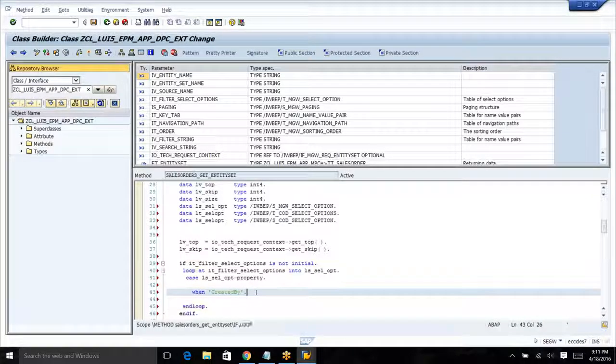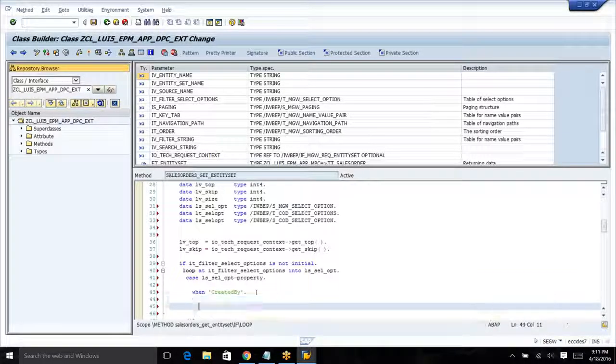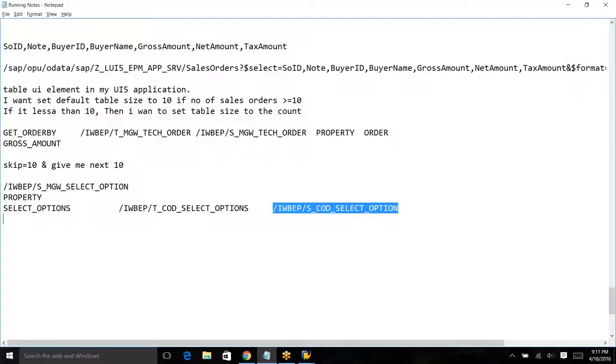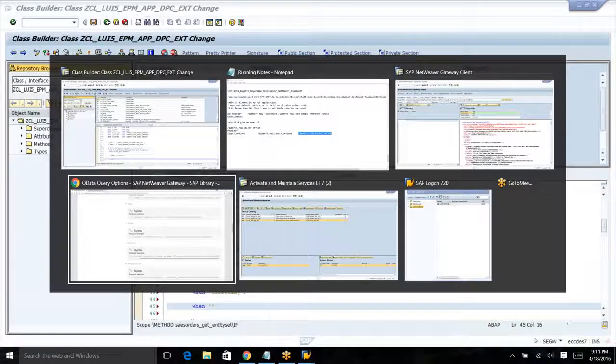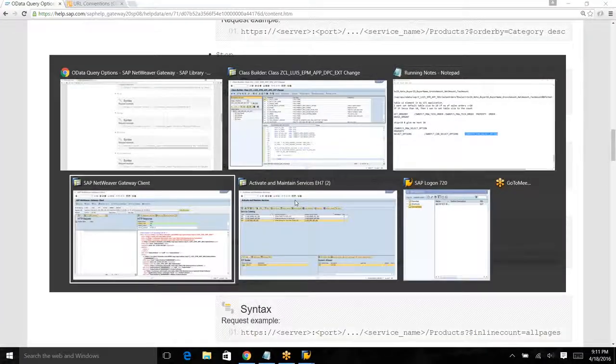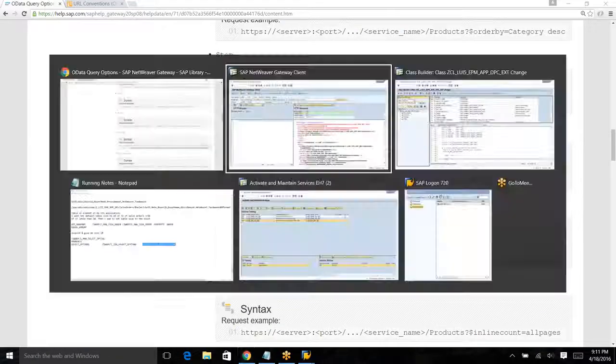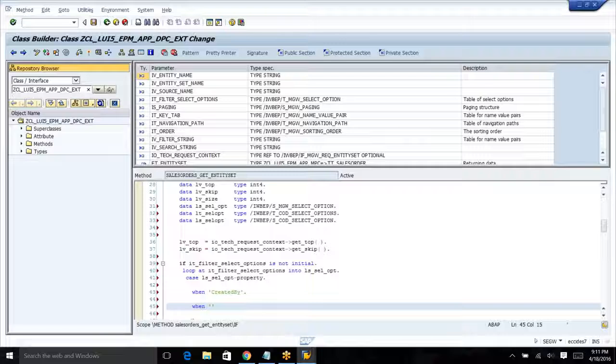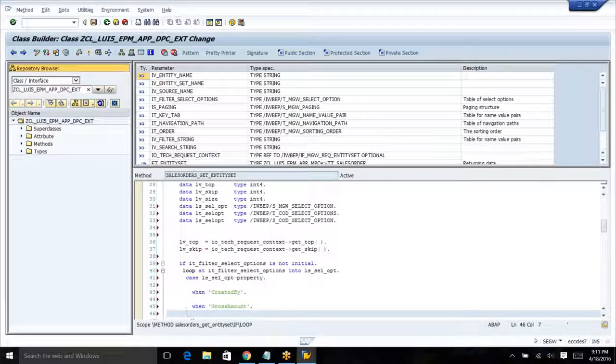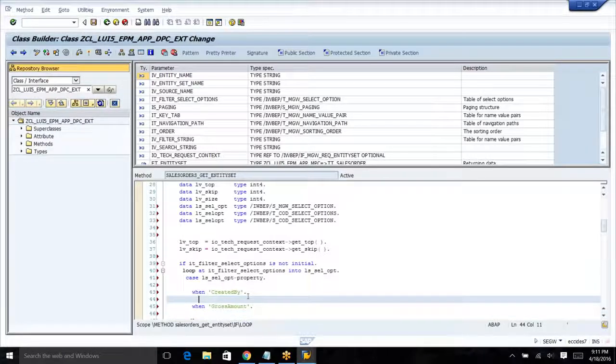Okay, when created by, when gross amount equal to